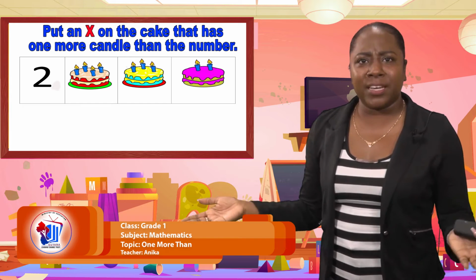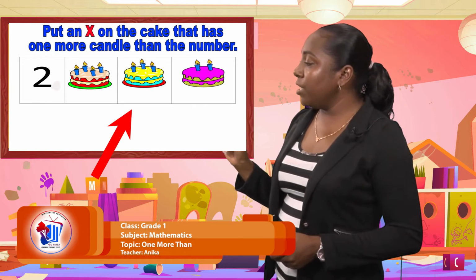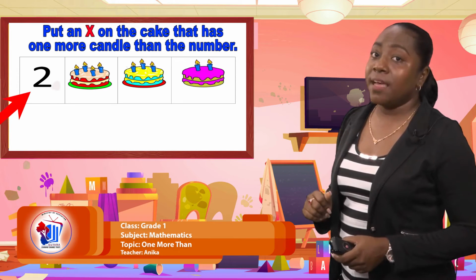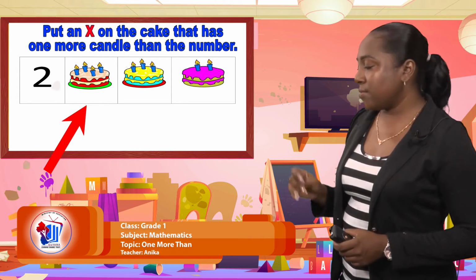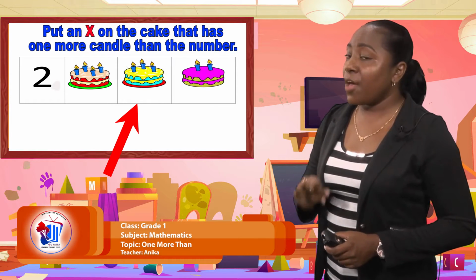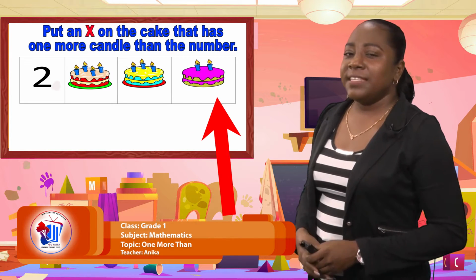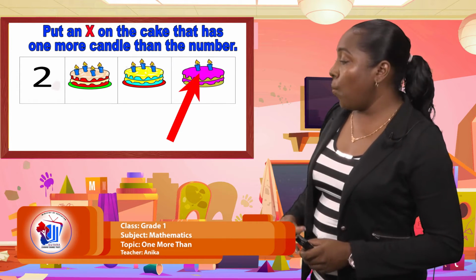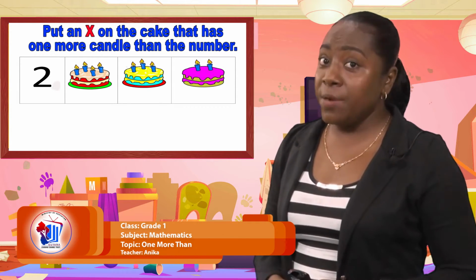Now, what's the number we're looking at? We're looking at the number 2. So 2 is our number, and we're going to look at the cakes to see which one of these cakes has 1 more candle than the number 2. So the first cake has 4 candles. 1, 2, 3, 4. The next cake has 3 candles. 1, 2, 3. Then we have our final cake, and that cake has 2 candles. 1, 2. So when we look at the cakes, which one of them shows 1 more than